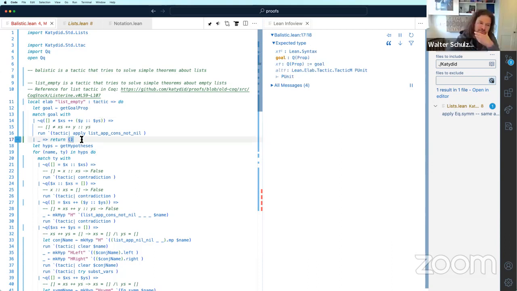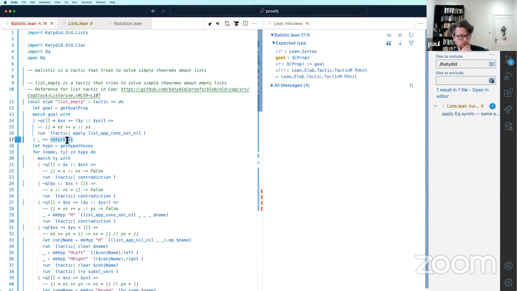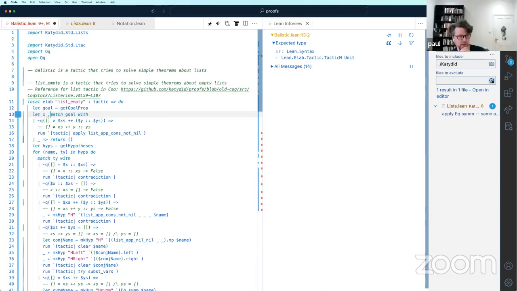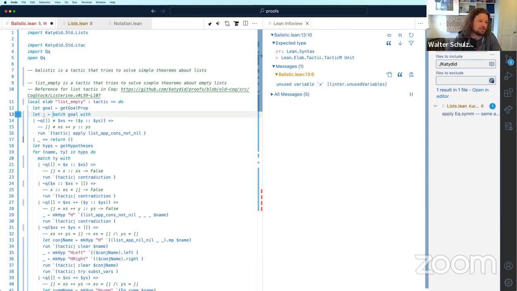It will go on to the next bit. We don't have to bind it because it's void. We don't have to bind it in the do block. This is actually what's happening.